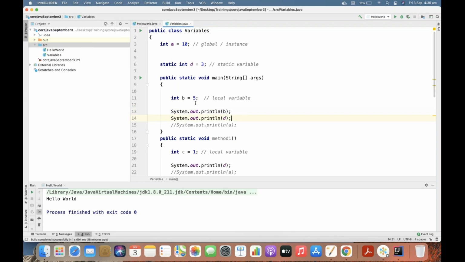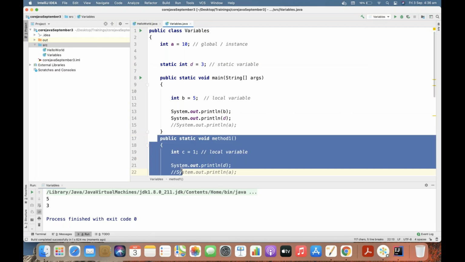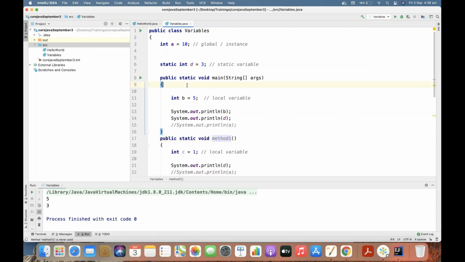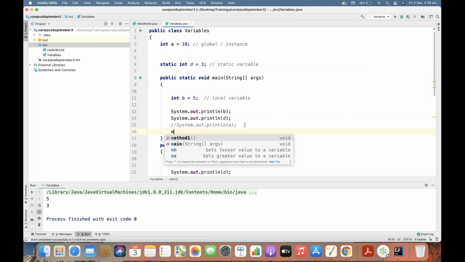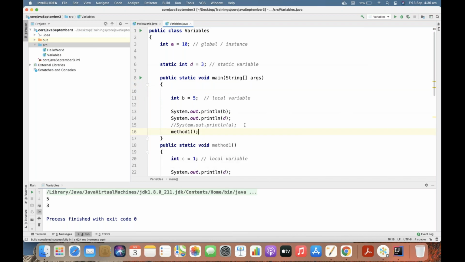Three is this one, that's commented, right? There won't be anything. Even though I created some methods and added some print statements, I cannot see them printed. The reason is, declaring a method alone is not enough. You basically have to call the method inside the main method. The Java program execution always starts from the main method. So if I just try to call the method here, then I will be able to see this now.